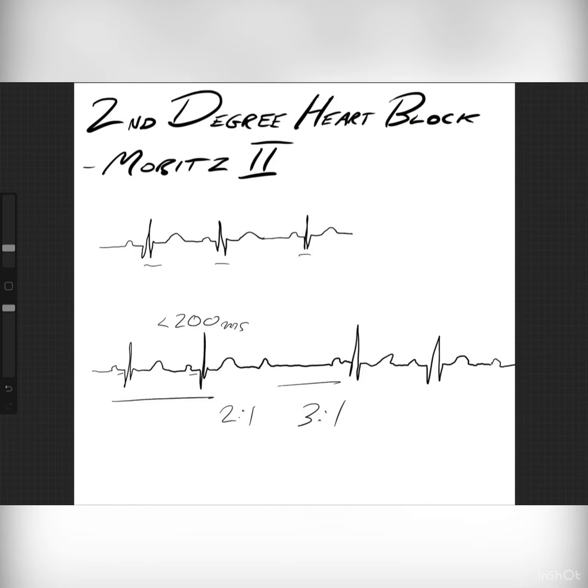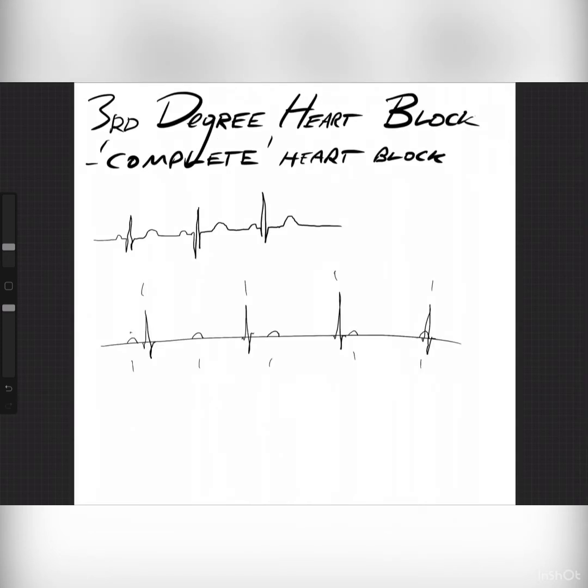So any patient that you see with Mobitz type 2 block needs referral to cardiology urgently for a permanent pacemaker. So the last type of heart block to talk about is third degree heart block or complete heart block. And in this type of heart block, the top trace is still your normal ECG, and the bottom trace,